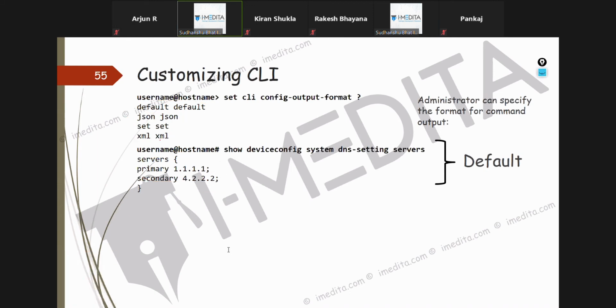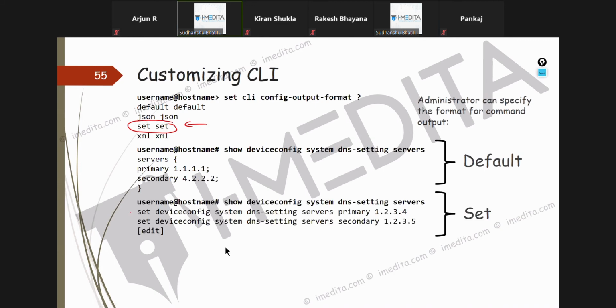But if you set the CLI mode to set, the same output would be shown something like this. Now it's easier to copy these two commands and paste them in whatever firewall you want. So that's why sometimes we want to change the CLI output format.